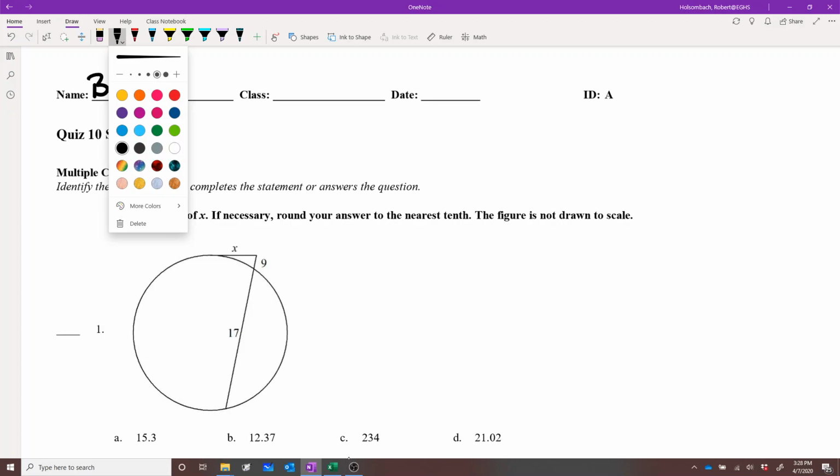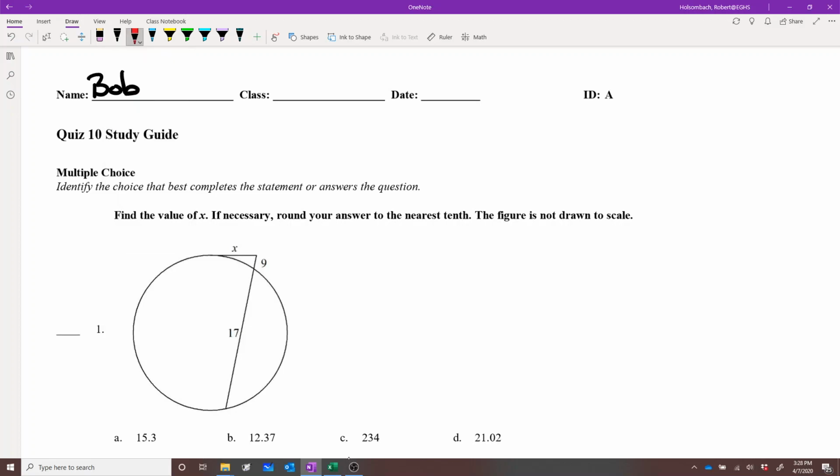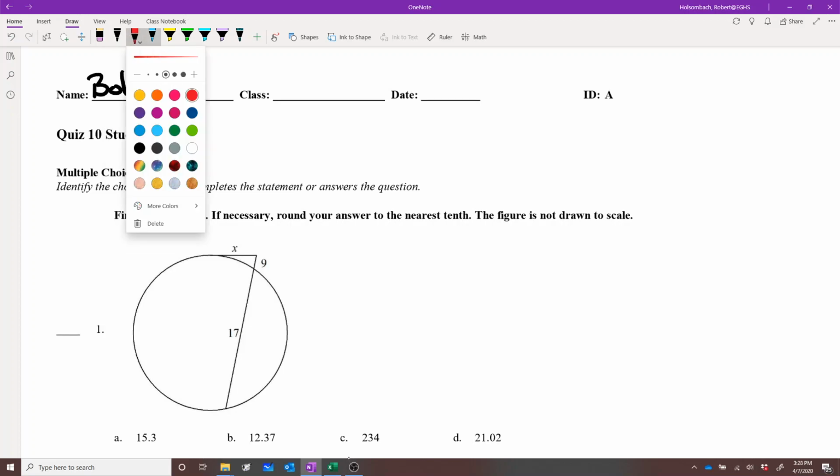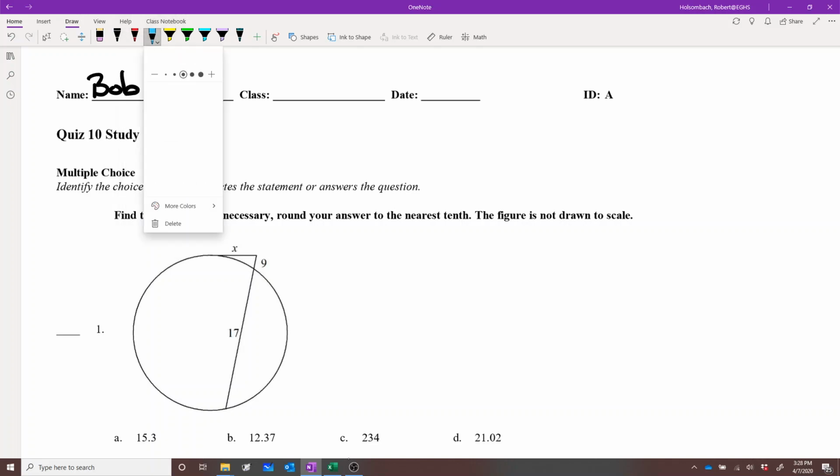Today we are going to be working on your Quiz 10 study guide. And let's see, this is all classes and 4, 8, 20. So here we go. And what I'm going to do is I'm also going to post a study guide on